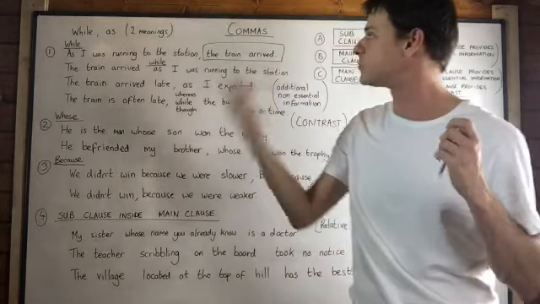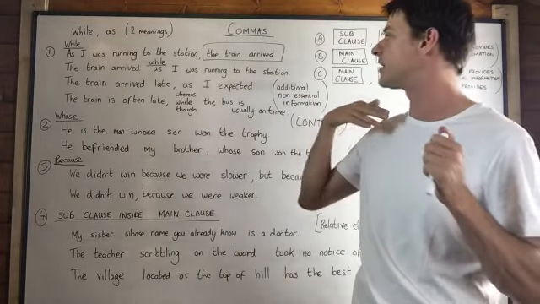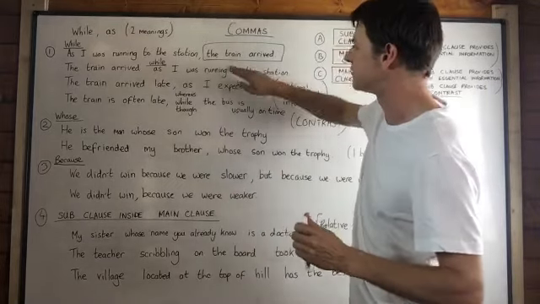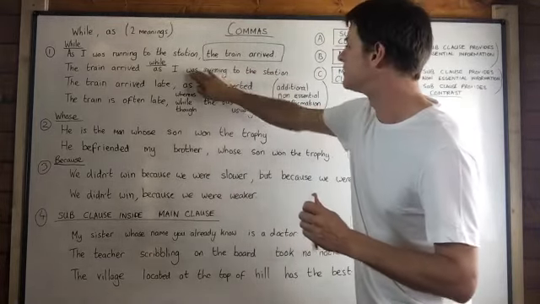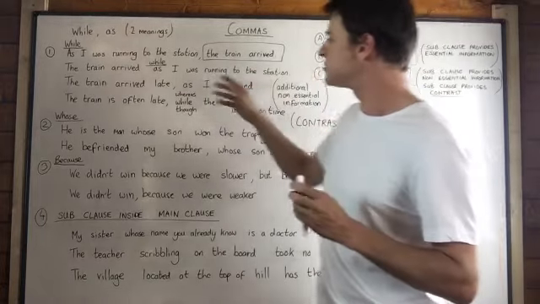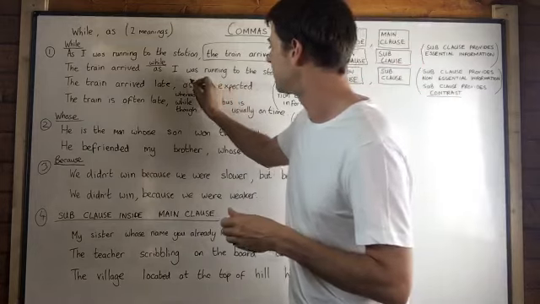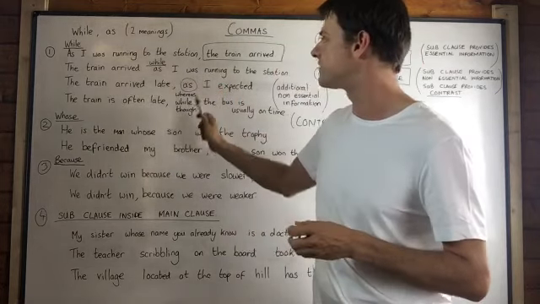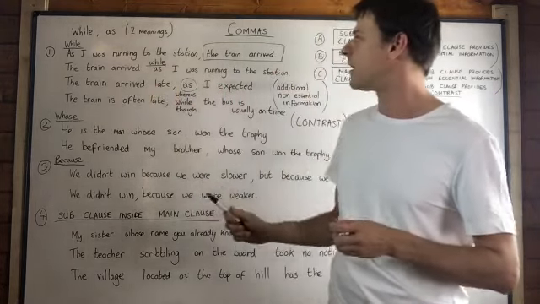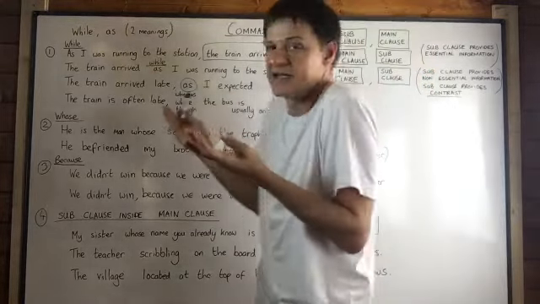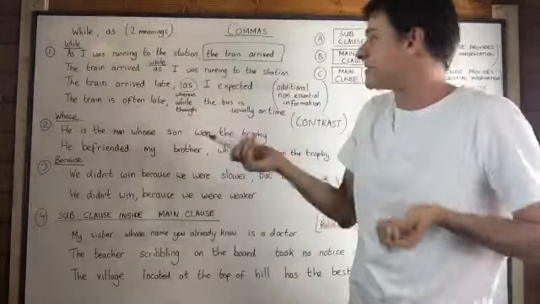Yeah, the train arrived while I was running to the station, or the train arrived as I was running to the station. It's really essential that we include this because this is the main focus of the sentence. Now, if we change the sentence a little bit and use a different kind of as, and I want you to see that this is a very different kind of as. As, when it means while, if it comes second, then very often there's no comma. Usually there's no comma when it means at the same time.